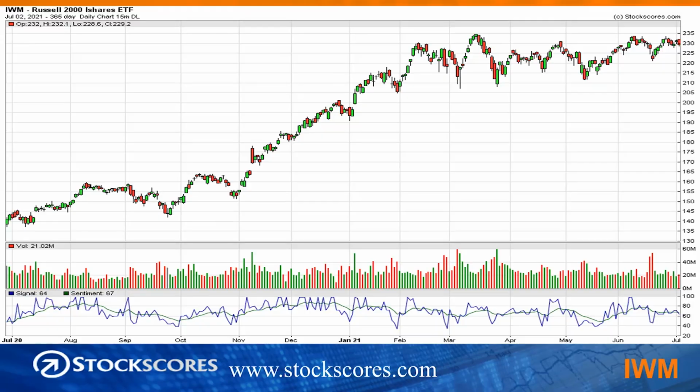And stocks like Microsoft have done very well because this is the relevant index for that stock. Now we can also take a look at the small caps, and we looked at this already, but you can see it's actually building a really good pattern. This is called an ascending triangle. And if we can break out of this, break out through that 235 level on the IWM,